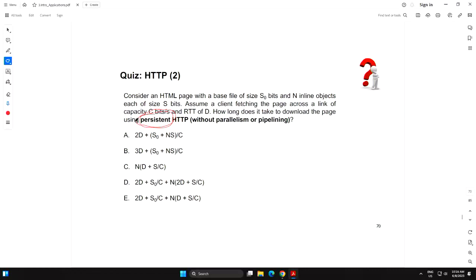Remember, you have two options for persistent, pipelining and non-pipelining. So this is no pipelining, right? So again, I'll give you 1 minute to work it out and tell me what is the correct answer.